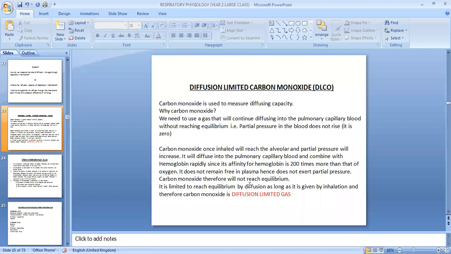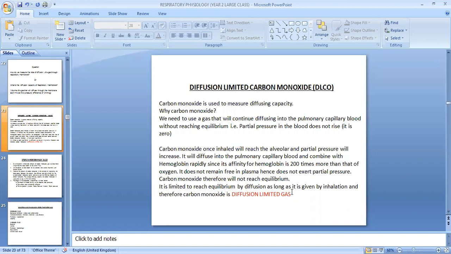For this reason, if you give it through diffusion only, it is limited in reaching equilibrium by diffusion. As long as it is given by inhalation, carbon monoxide is what we refer to as a diffusion limited gas. A diffusion limited gas. Carbon monoxide will never reach equilibrium